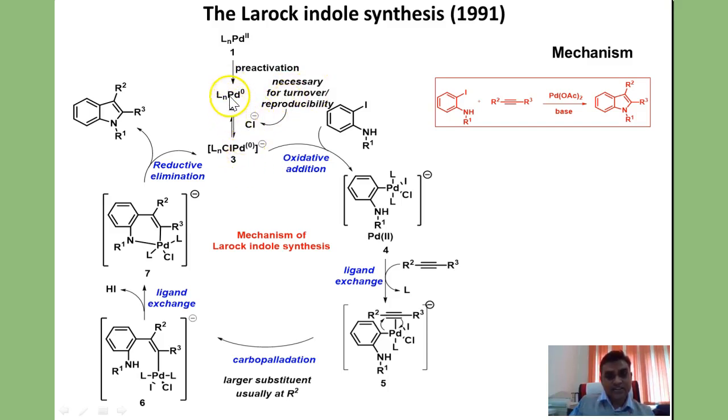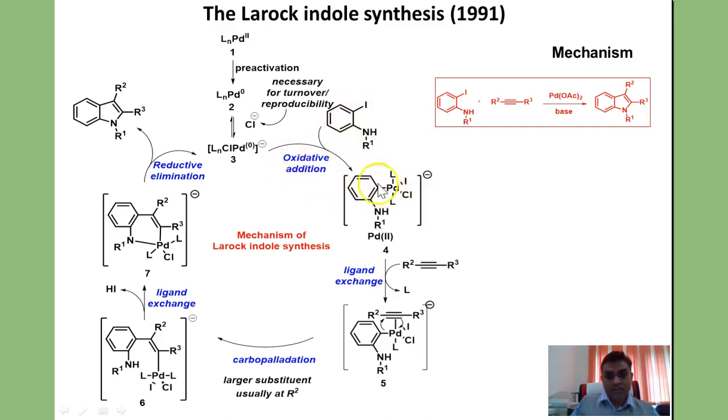So one of the ligands exchanges with this, and we get here attachment of chlorine on the coordination sphere of the palladium. Now again the palladium is in a zero oxidation state with 14 electrons, and therefore it is coordinatively unsaturated. It will try to achieve the 18 electron configuration. So it undergoes an oxidative addition process. The palladium is inserted between carbon and iodine, and we get here